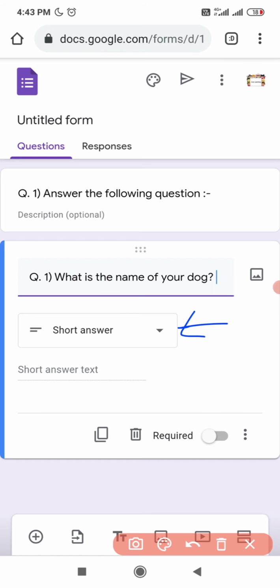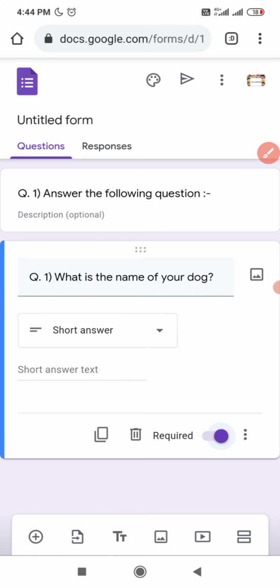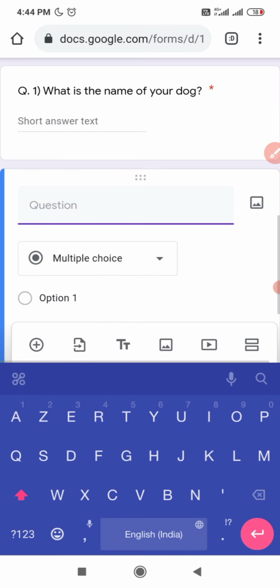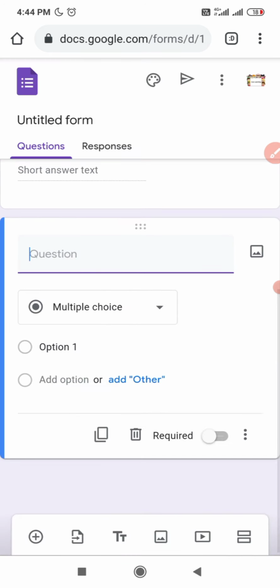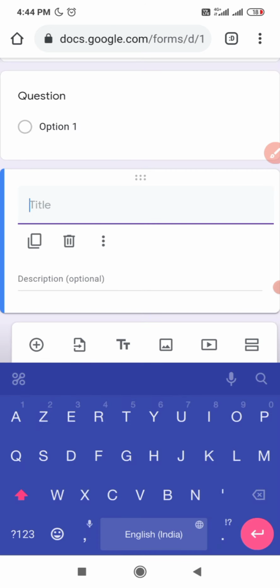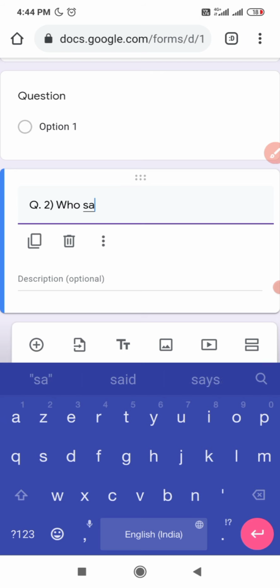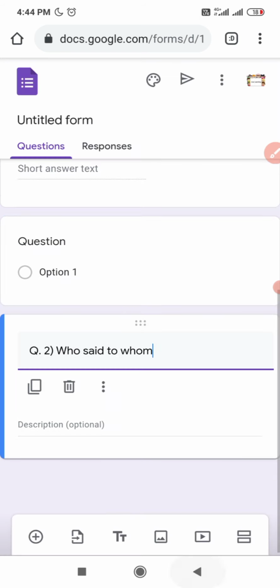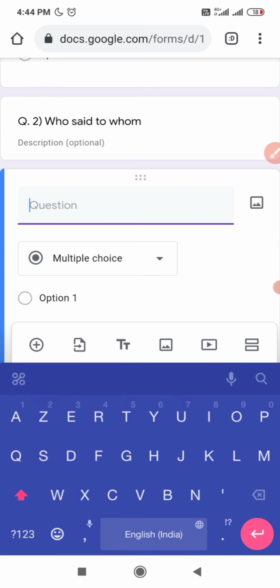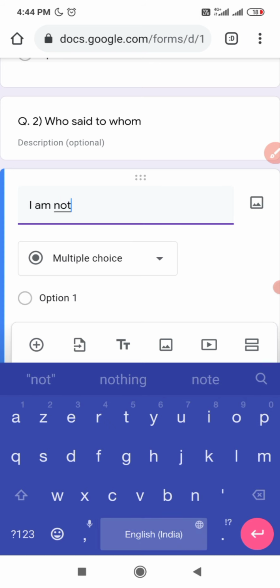So you can leave that in that mode. You can tap on required, then add if you want to add one more question, then title if you want to add a second title, that is who said to whom. So like this you can make your second title. Now tap on the add button. You can put the question, I am not talking to you.